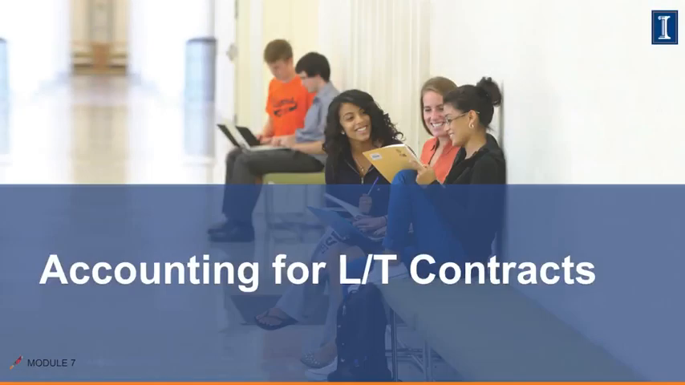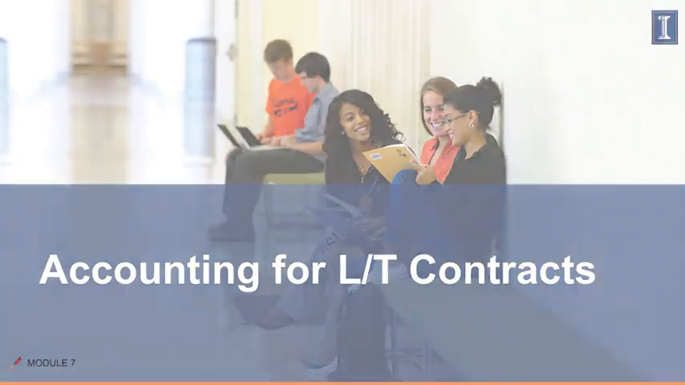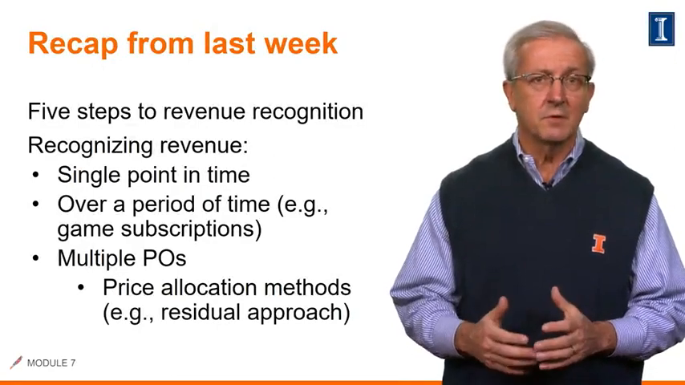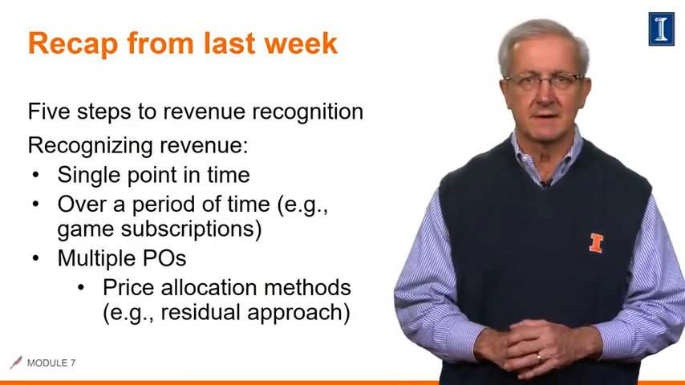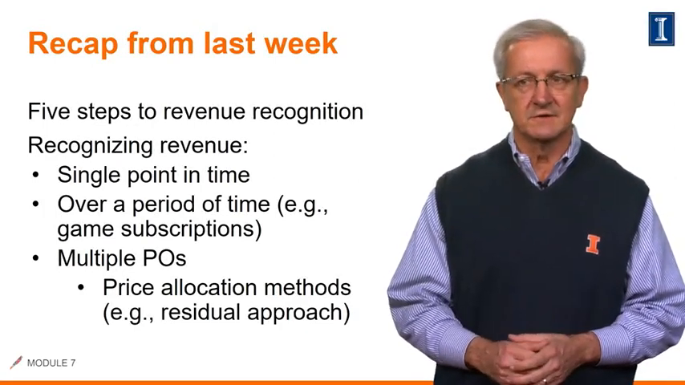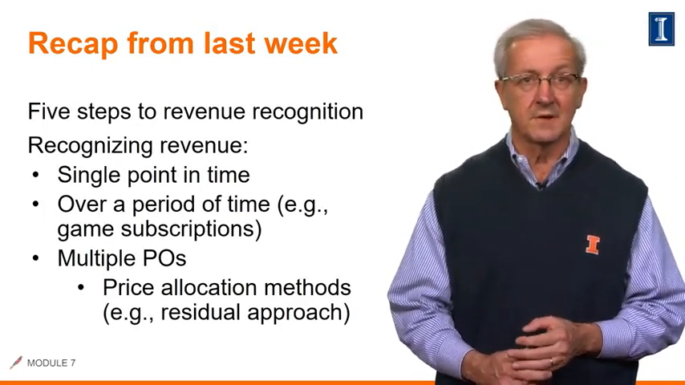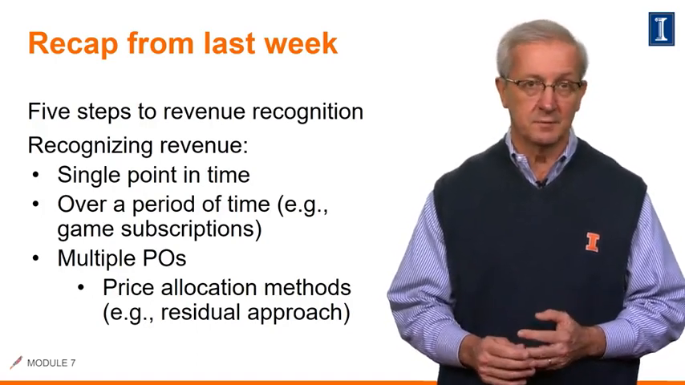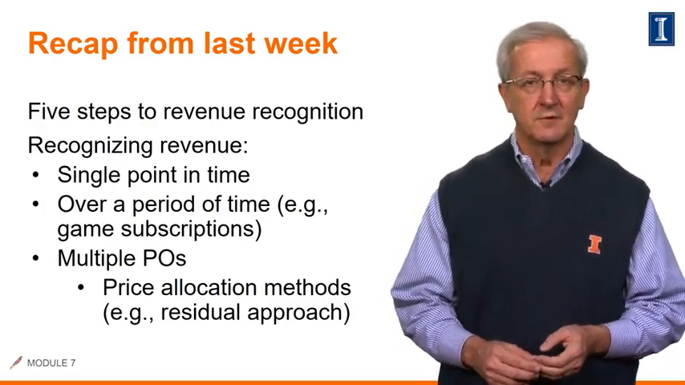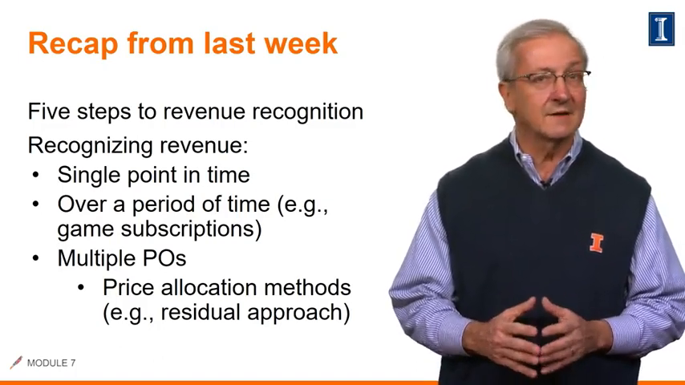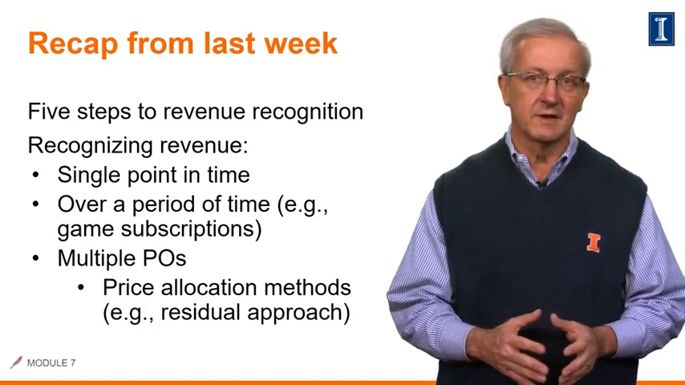In this lesson, we will discuss the accounting for long-term contracts. By way of recap from last week's lesson, let's recall the two key points related to revenue recognition as follows. There are 5 key steps to revenue recognition. 1 is to identify the contract, 2 to identify the performance obligations or POs, 3 determine the transaction price, 4 allocate that transaction price, and finally